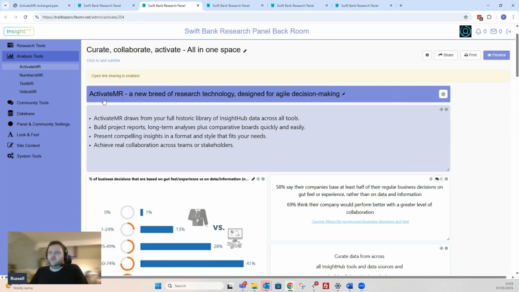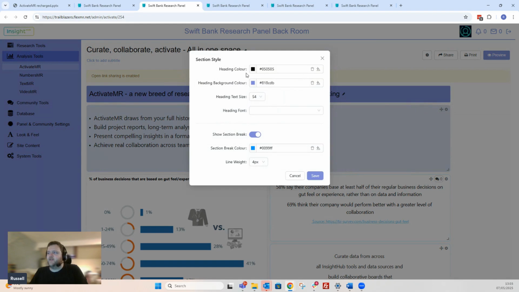As you can see, this one currently matches the site branding. If, however, we want to change that, we can click again into the cog, select section style. We then have full control over the heading color, which can either be a specific hex code if you do have brand specific colors, or alternatively we can use the color picker for this, as well as being able to edit the background color that text will sit on, as well as the text size that we would have within